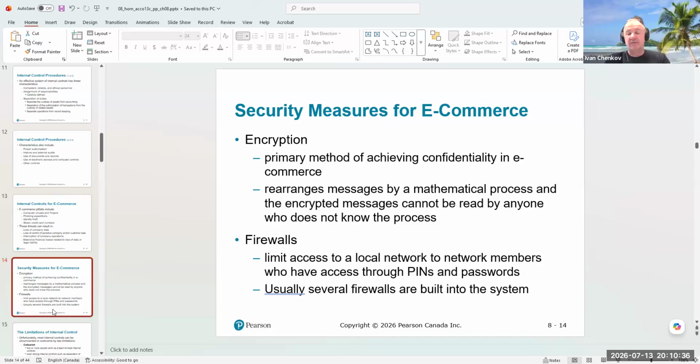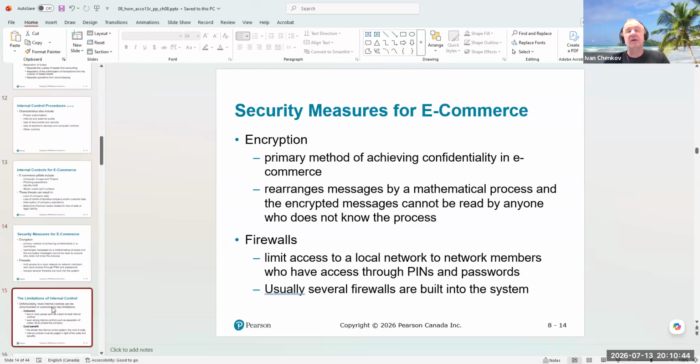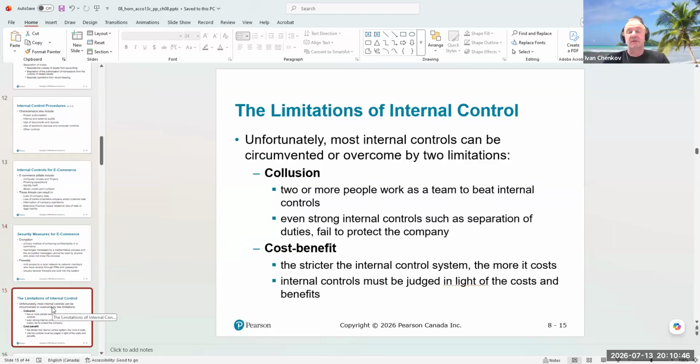And usually, every system is going to have several firewalls. Obviously, this course is not about IT; it's about accounting. It just gives you an idea of how many different procedures we can have in the internal control in order to protect the most precious asset in the company, which is the cash. Now, unfortunately, it doesn't matter what you do and how well you do it. There are always